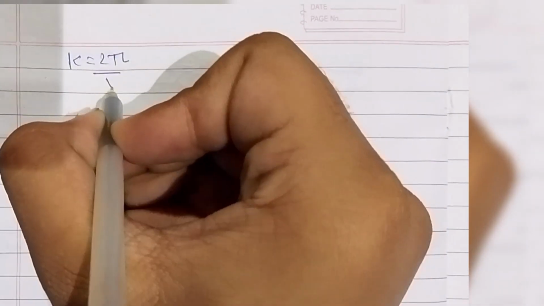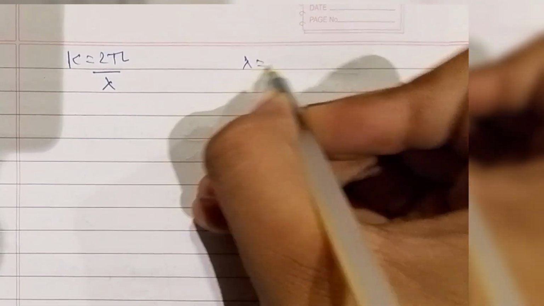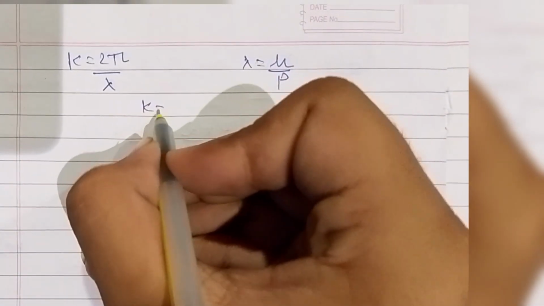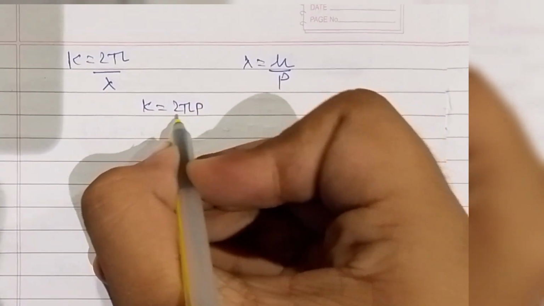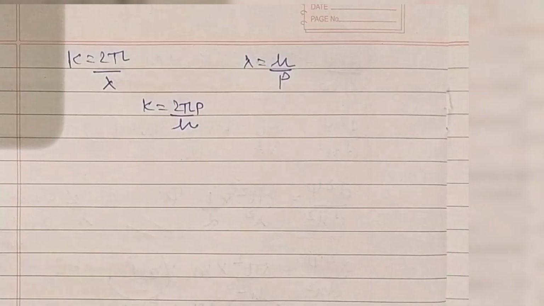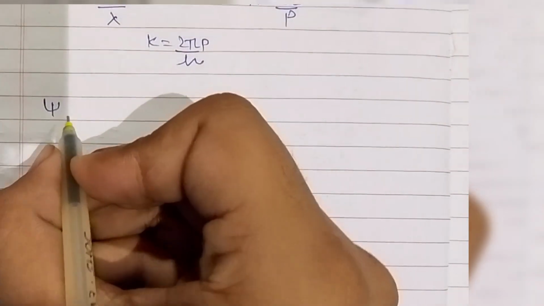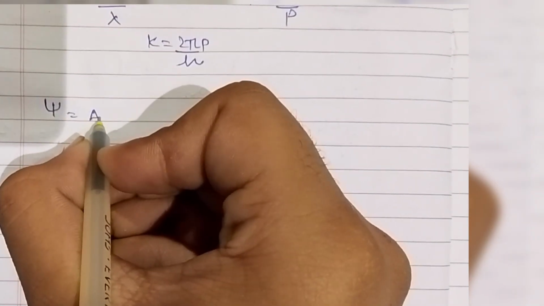So we found de Broglie's wavelength. Now, as we know, k is equal to 2 pi by lambda, and lambda is equal to h upon p. So k is equal to 2 pi p upon h. Okay, so no problem. Now we will write a real wave SHM equation, which is psi is equal to A